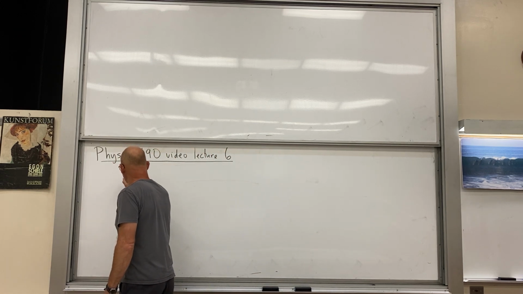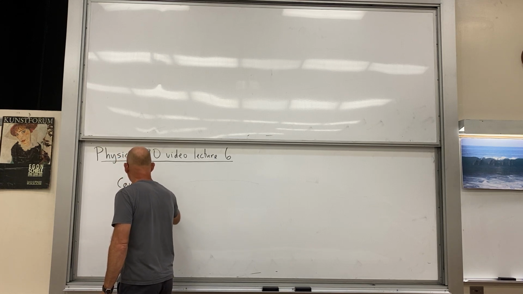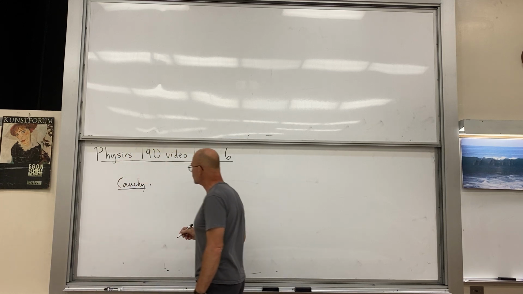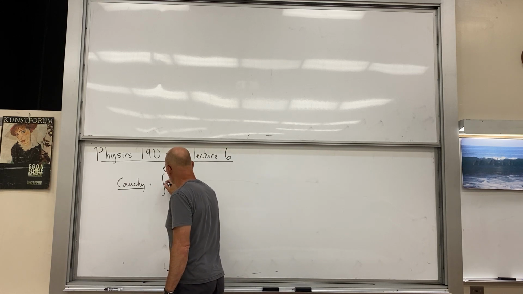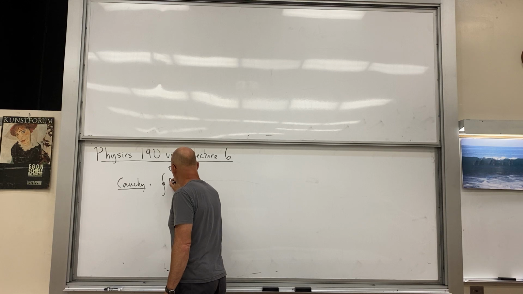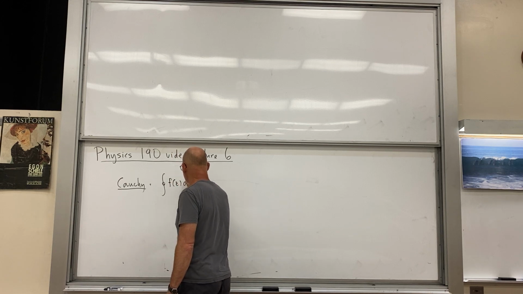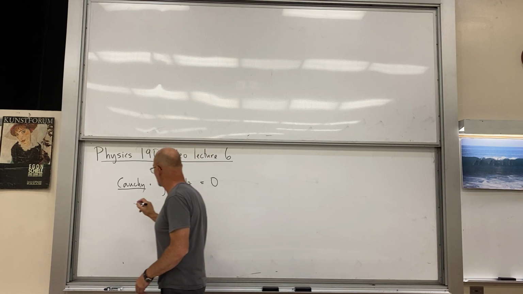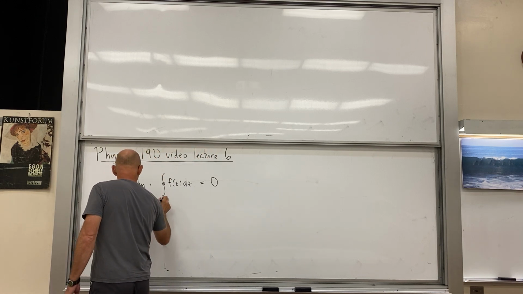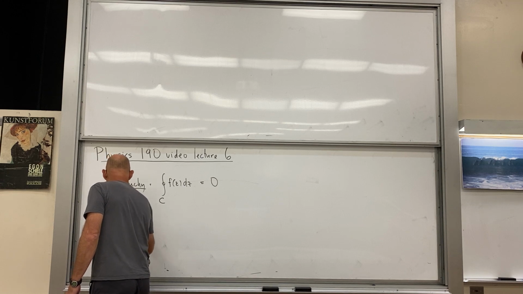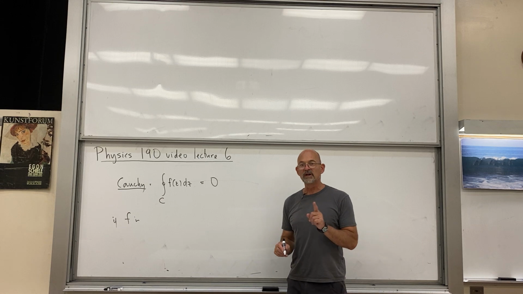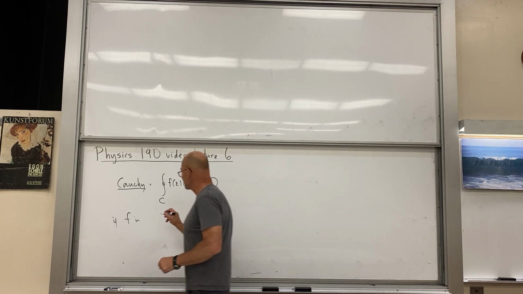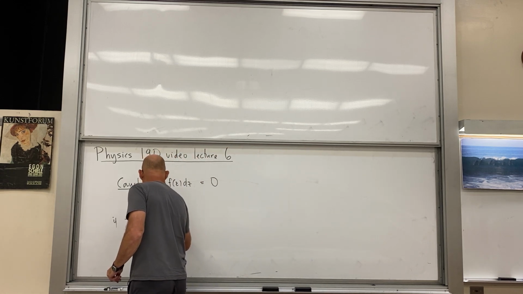In fact, so Cauchy, what we ended with, we now have the closed integral of f of z dz equals 0 if the function is analytic, which means it just has to have one derivative. Okay. So if f is analytic in and on